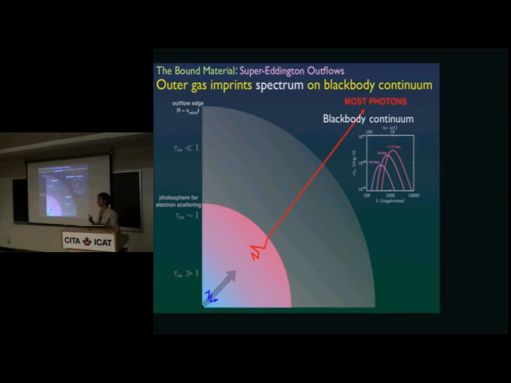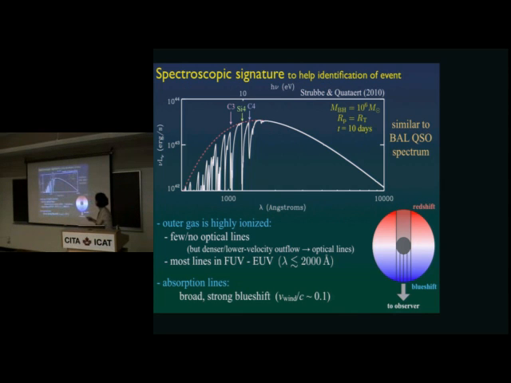So to figure out what that will look like, I used the photoionization code Cloudy to figure out the photoionization properties of this outer gas and to figure out what the important spectral lines would be. And then I put those together with an analytic picture for the line profile. And here is an example result. Again, a 10^6 solar mass black hole, and this is 10 days after disruption. So the pink dashed curve is the black body continuum, and on top of that you can see all of